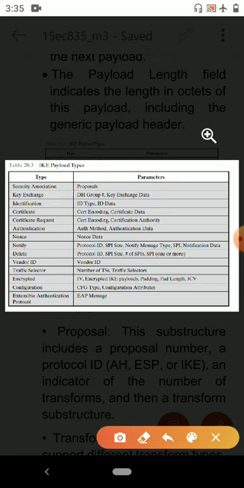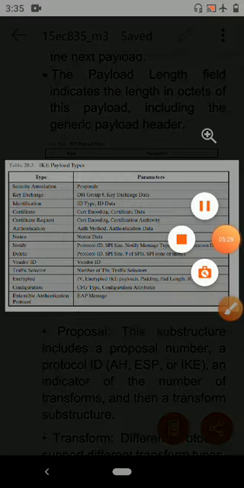Next, the certificate payload. It transfers a public key certificate. The certificate encoding field indicates the type of certificate or certificate related information.